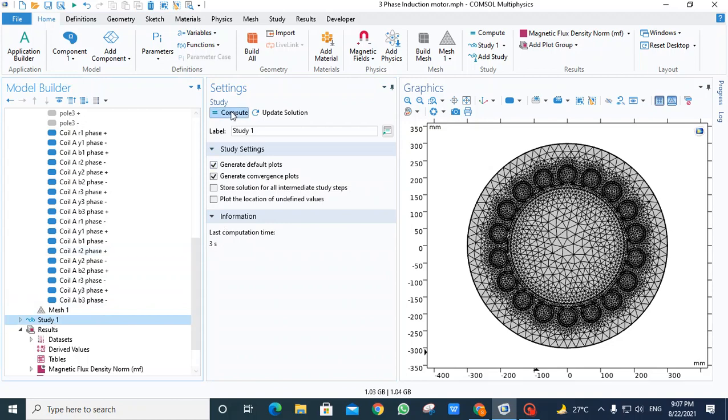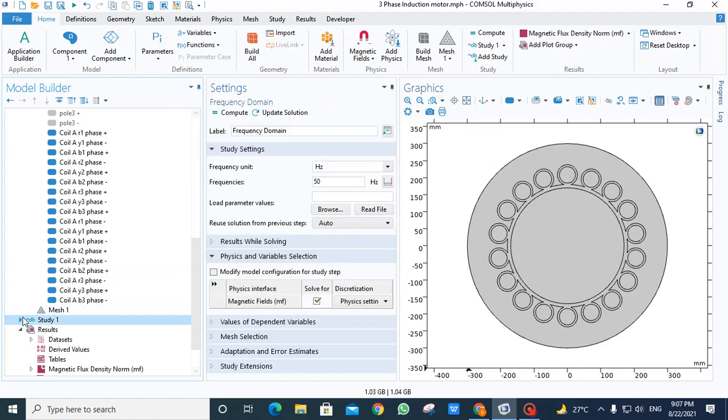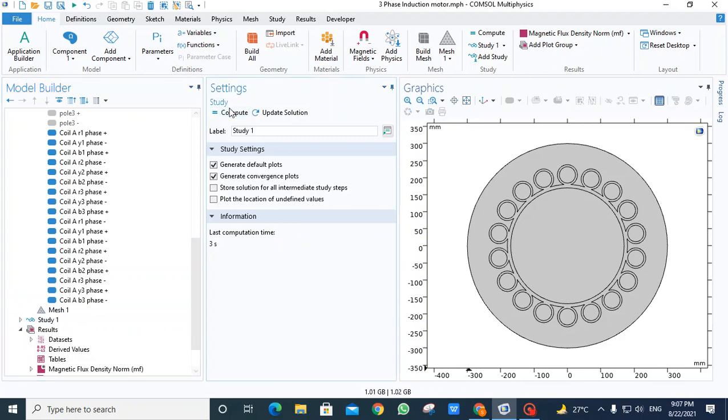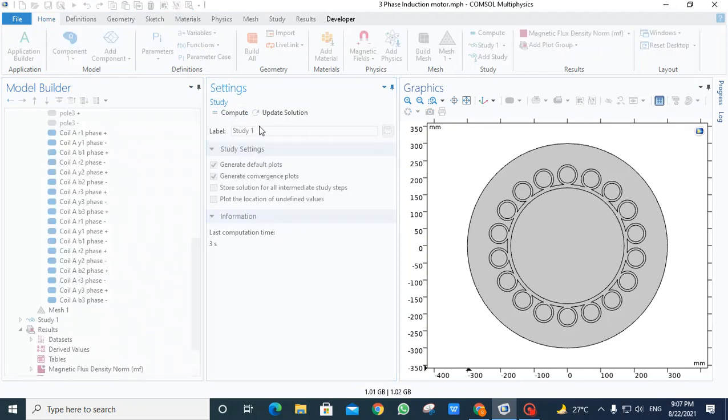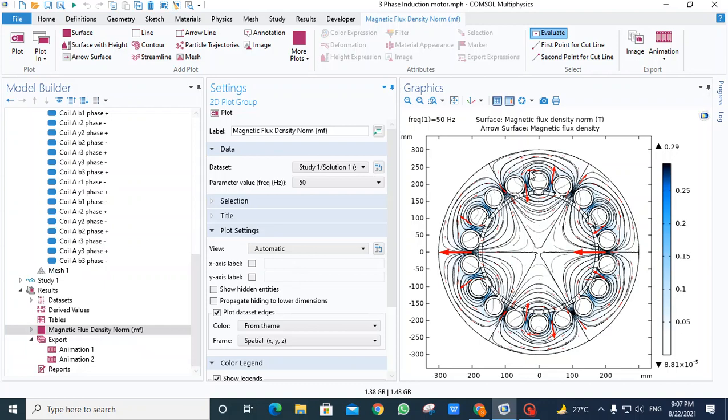Then we go to study, we have taken frequency as 50 Hertz. We compute this. Almost done. Here also you can see that the poles are created, 1 pole, 2, 3, 4, 5 and 6.